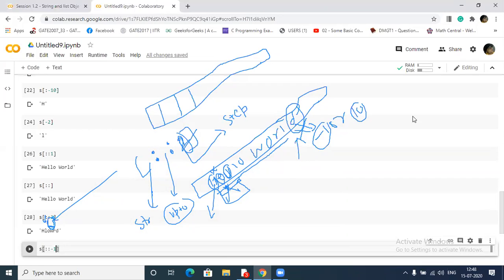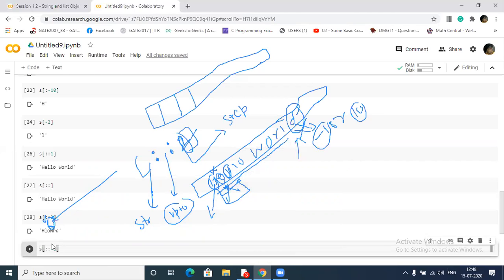See, whenever I pass a negative step size, then suppose in the initial phase the counter was there. In a positive or default step size, the counter is here and moves like this, and keeps on printing.